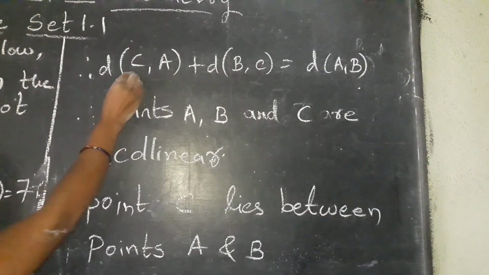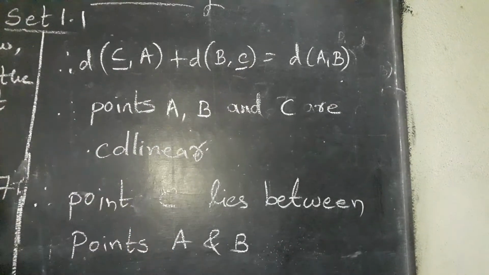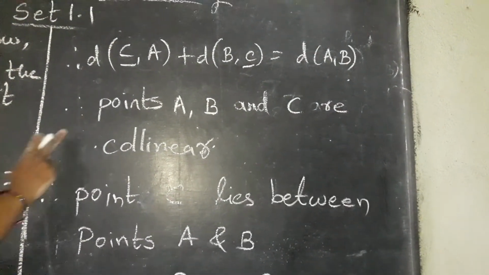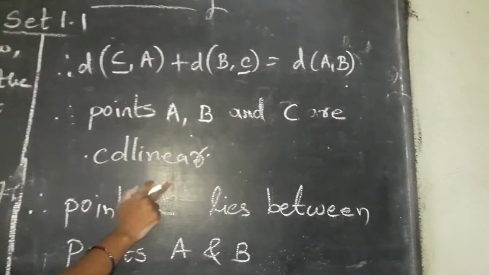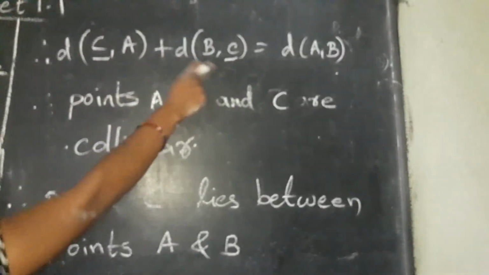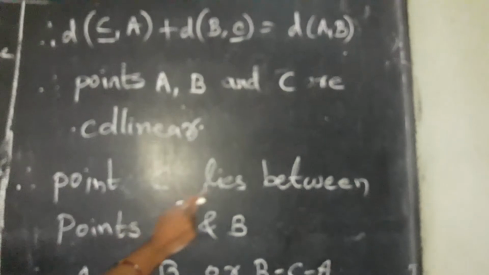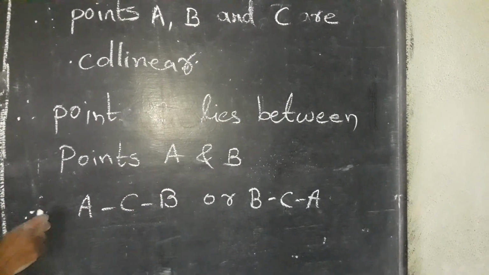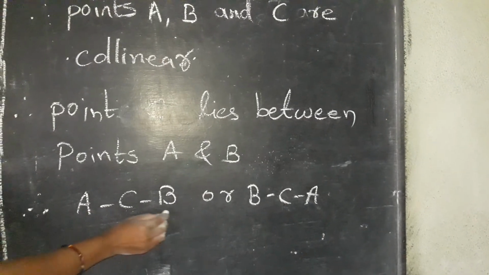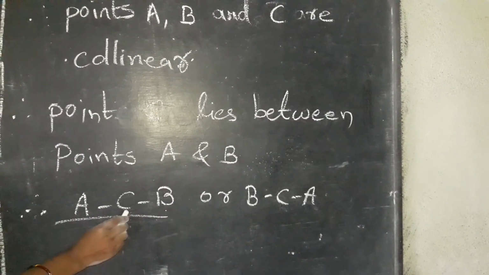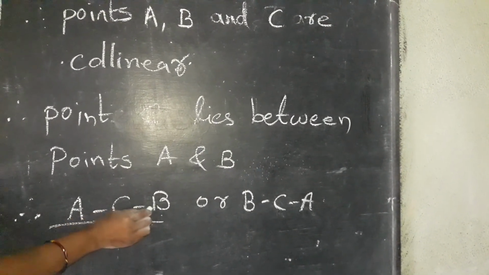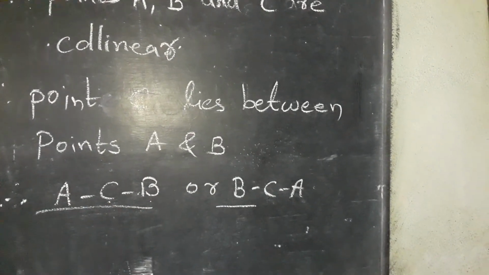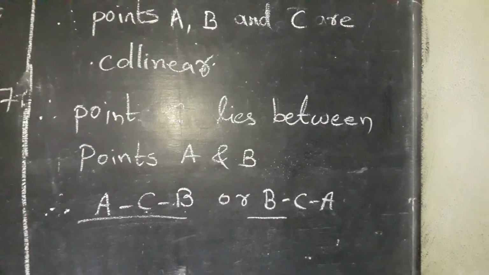Therefore, here point C is common in these two distances. So, points A, B, C are collinear and this point C is common here. So, point C lies between A and B. So, our final answer is A-C-B. That means this point C lies between A and B, or we can write this as B-C-A. That means point C lies between